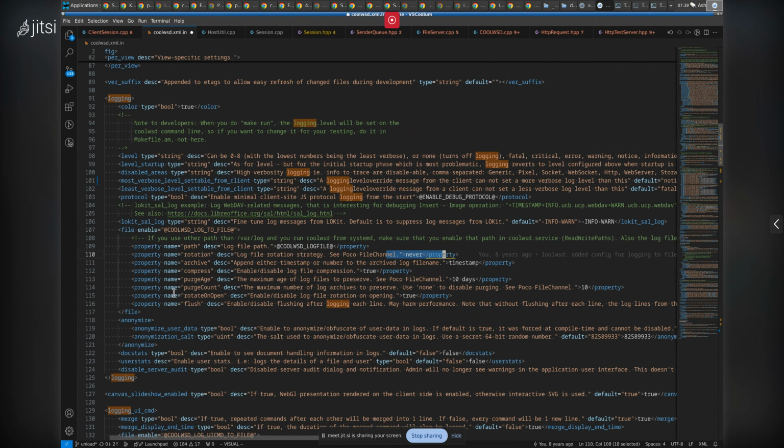Hold on one second. Yeah, by default we don't have the size, but I have seen cases where the size was set. That's interesting that it's not here by default. At any rate,